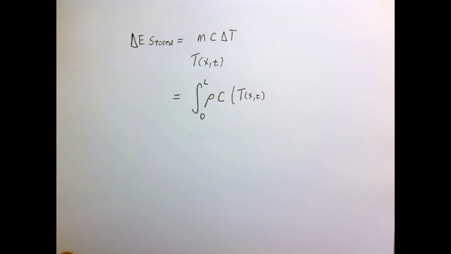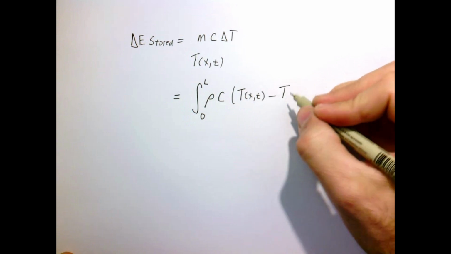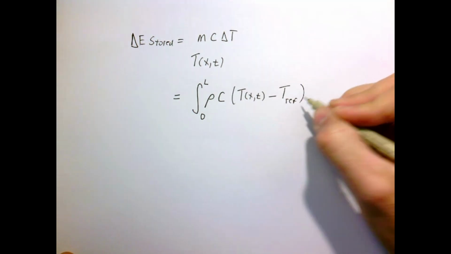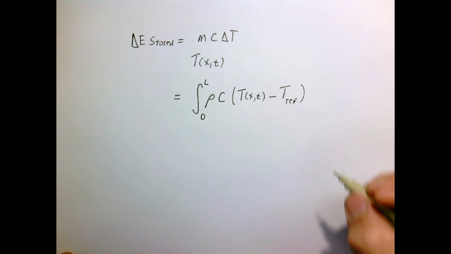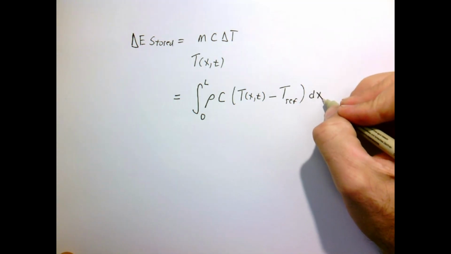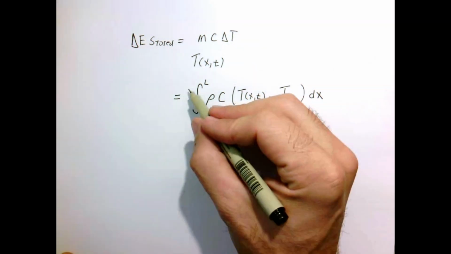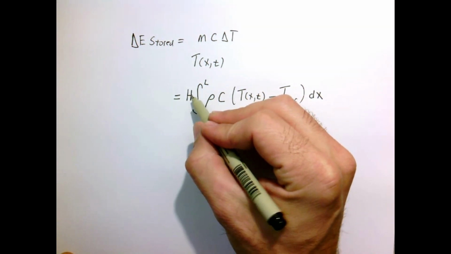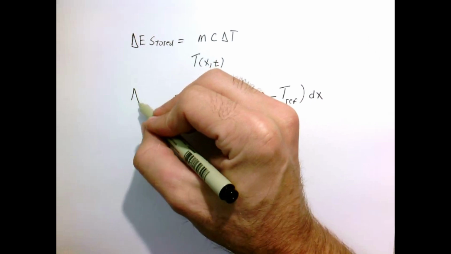times the temperature, which is a function of x and t, so time and space, minus some constant that I'll just call T ref, some arbitrary reference that we're going to measure temperature relative to. And again, I'm integrating that with respect to dx. And if you go back to our drawing, the material also had thickness h, so I need to multiply by its thickness to get the total energy inside that box. So that's our change